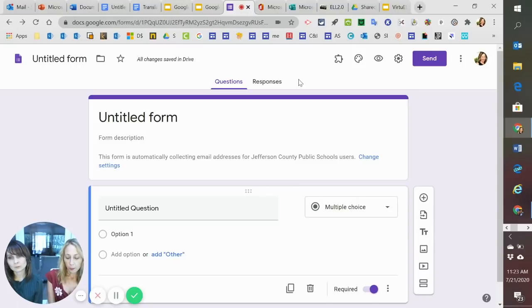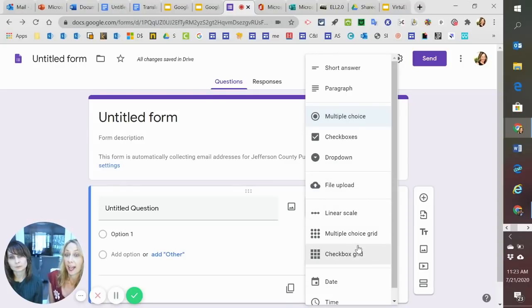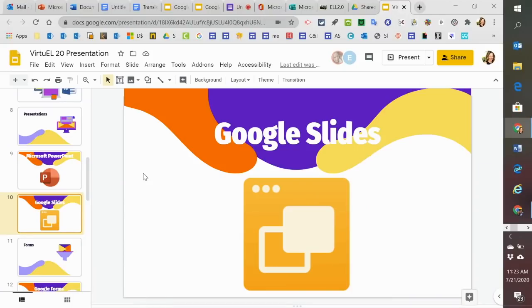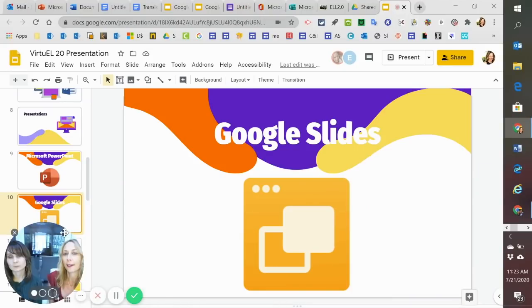Google Forms is pretty basic, pretty easy to use. You can create 9 types of questions. So when you go over here and open this drop-down menu, you're going to see that there are 9 different types of questions, lots of accessibility there. The quizzes are only available in English. Okay. And so let's talk a little bit about